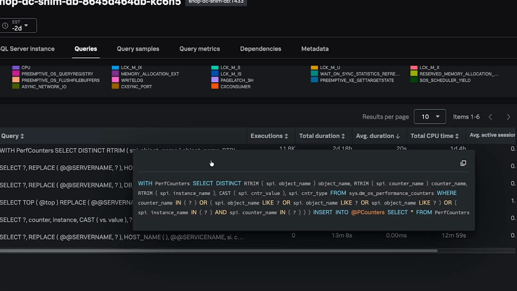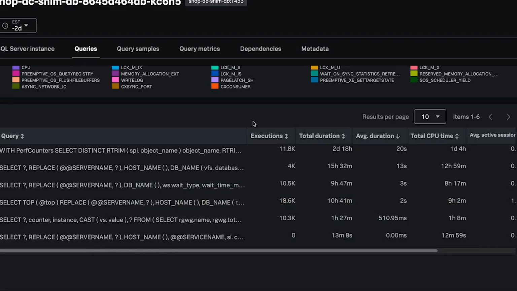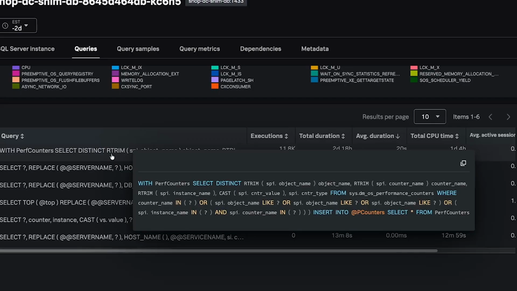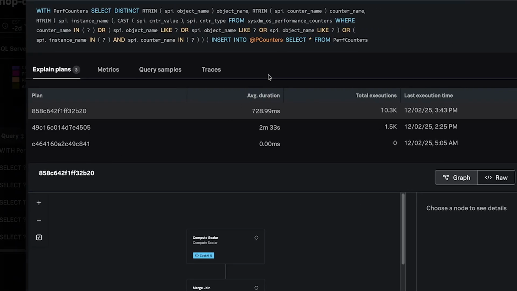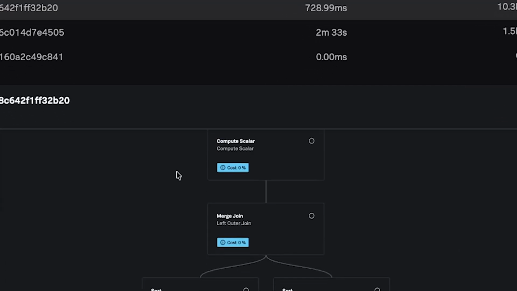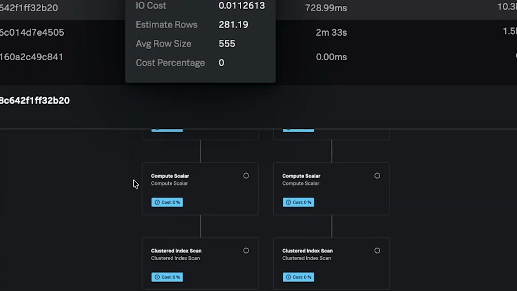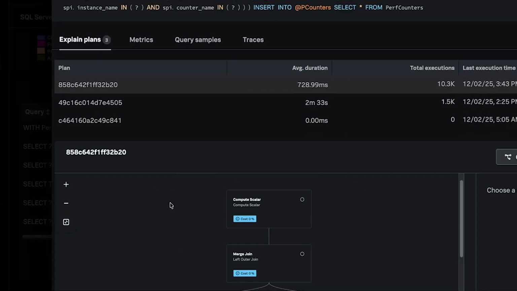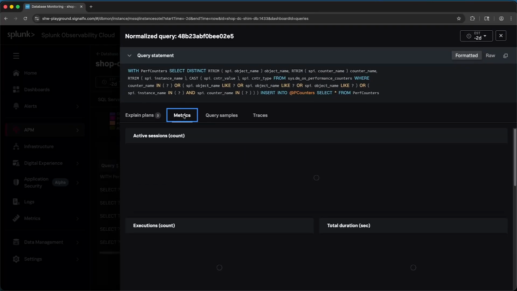And you can see that there's really 2 queries here that take up quite a bit of time to execute. Once I've identified a query that I want to further analyze, I can select that query. And we can actually get a visualization of the estimated execution plan of the database. We can also see query-specific metrics,